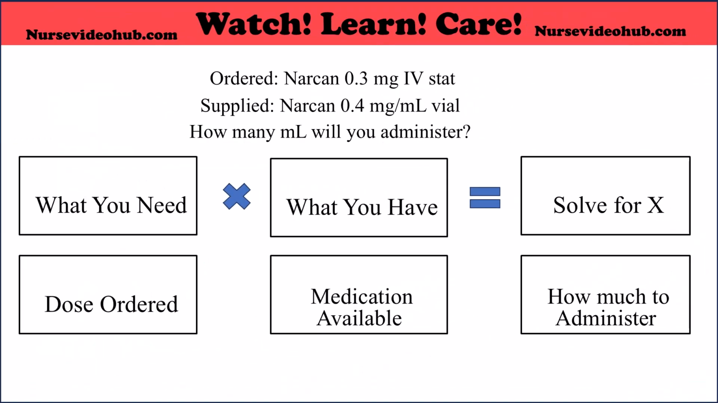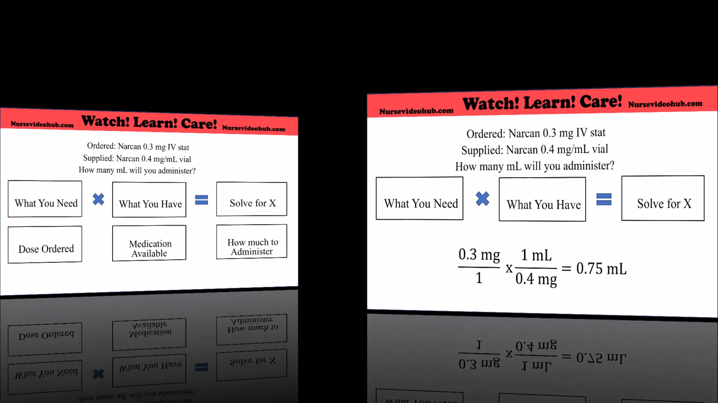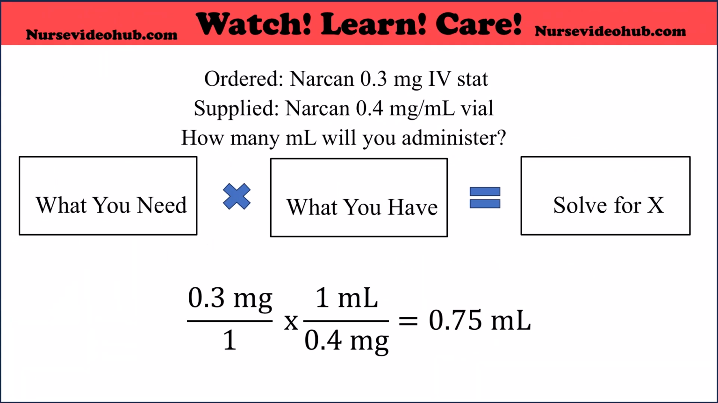The medication order is Narcan 0.3 milligrams IV stat. The medication supplied is Narcan 0.4 milligrams per milliliter vial. How many milliliters will you administer? Write out the prescribed dose as a fraction, 0.3 milligrams over 1. Then write the available medication in a fraction with the units set up so that they cancel out, 1 milliliter